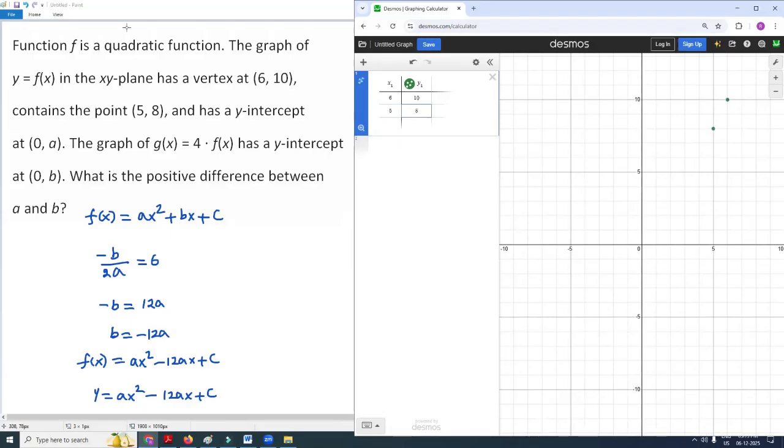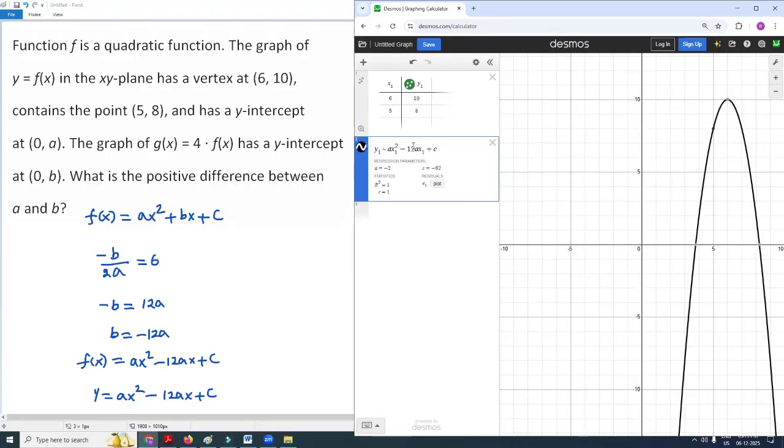Okay, now we have to take this function in Desmos. My aim is not to get the graph of this function. My aim is to get the values of the unknown constants a and c. In that case, when I take this function in Desmos, for y I have to use y1, for the equal sign I have to use the tilde sign, and for x I have to use x1. So that is y1, tilde sign, a times x1 squared, negative 12 times a times x1, plus c. Here I got the values of a and c, that is a equals -2 and